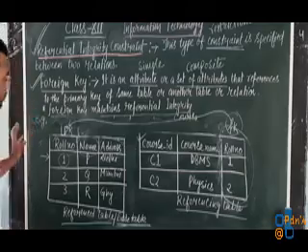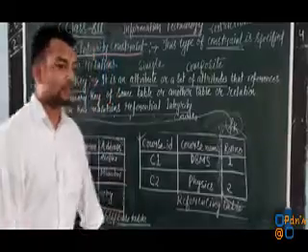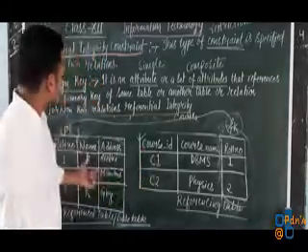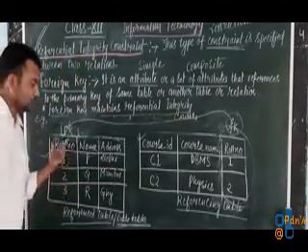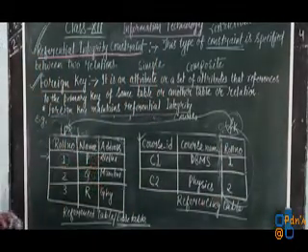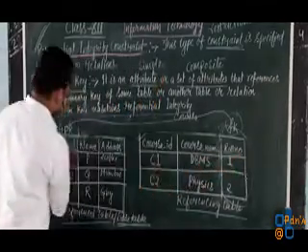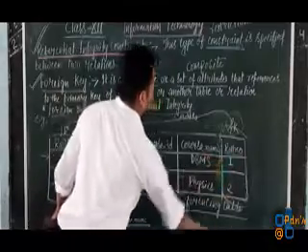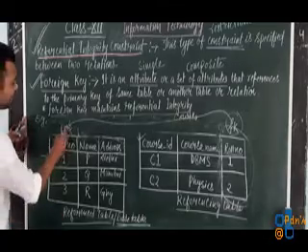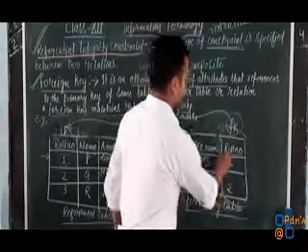And one more thing we should always keep in mind: whenever we use the concept of foreign key between two relations, we should ensure that at least one attribute in both the relations is the same. Here, we have taken roll number as common in both relations. Now one more thing. In the student table we have declared roll number as the primary key, while in the course table we have declared roll number as the foreign key.